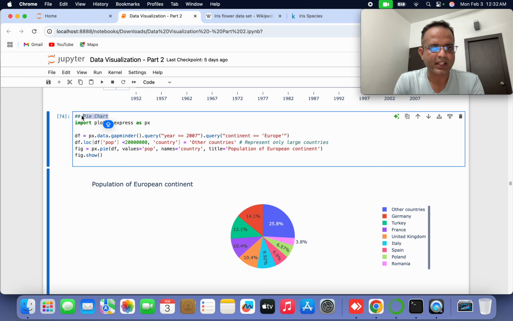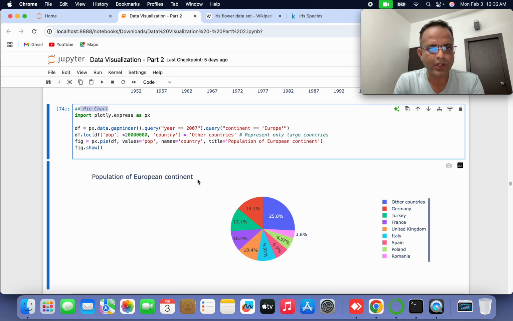This is the pie chart. How can we do the pie chart? I already explained the pie chart in Matplotlib also. So how can we do that? If you see here, px.data.gapminder and query, I'm just taking the 2007 data set. Continent is